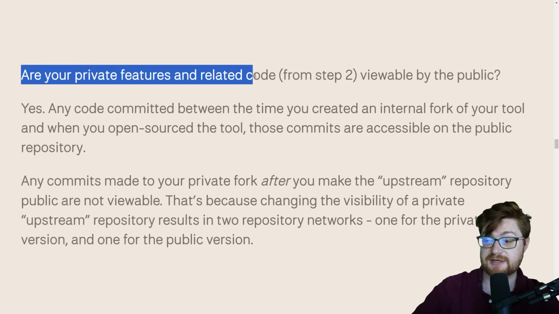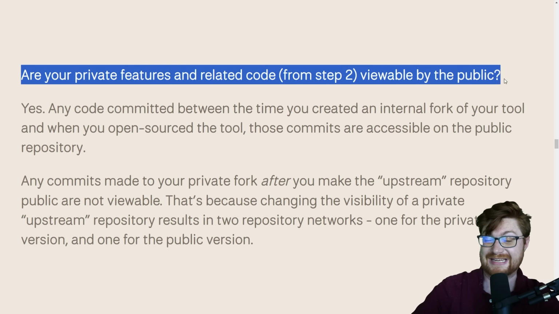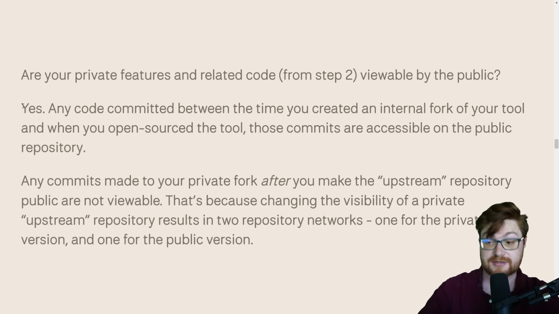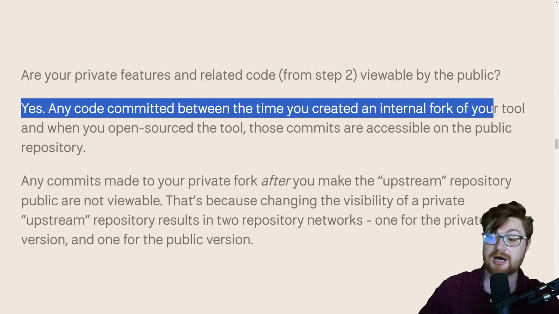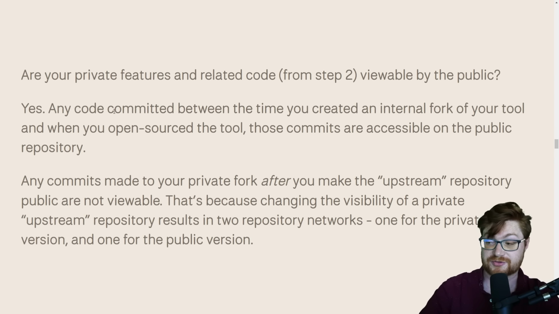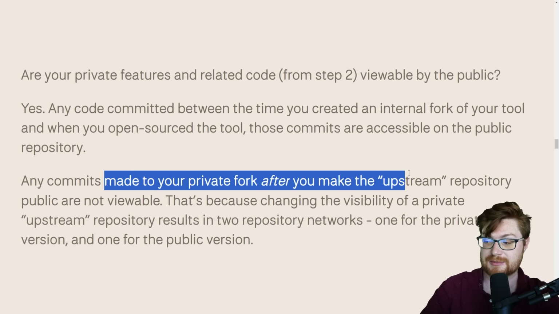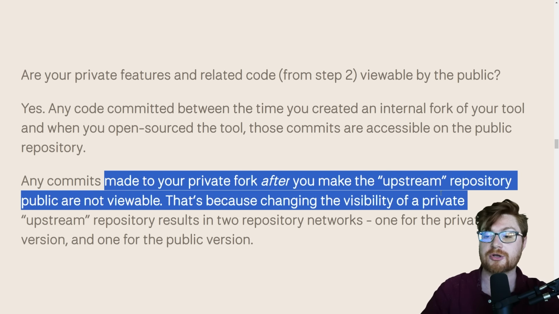Are your private features and the related code from your internal-only fork viewable by the public once you release it? Yes. Any code committed between the time you created an internal fork of your tool and when you open source the tool, those commits are accessible on the public repository. Any commits made to your private fork after you make the upstream repository public are not viewable, though.